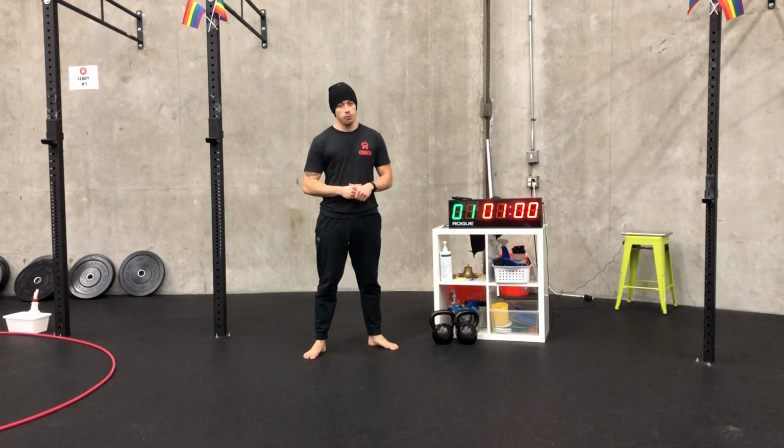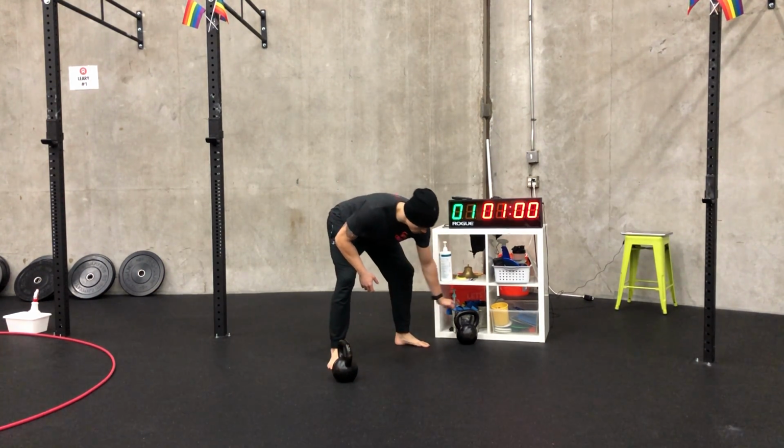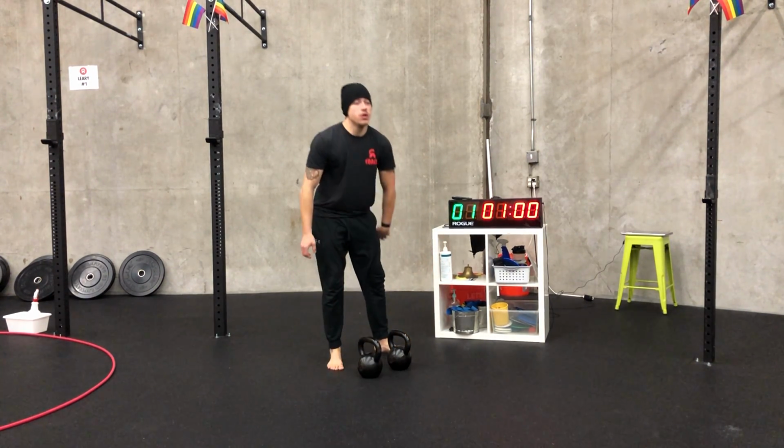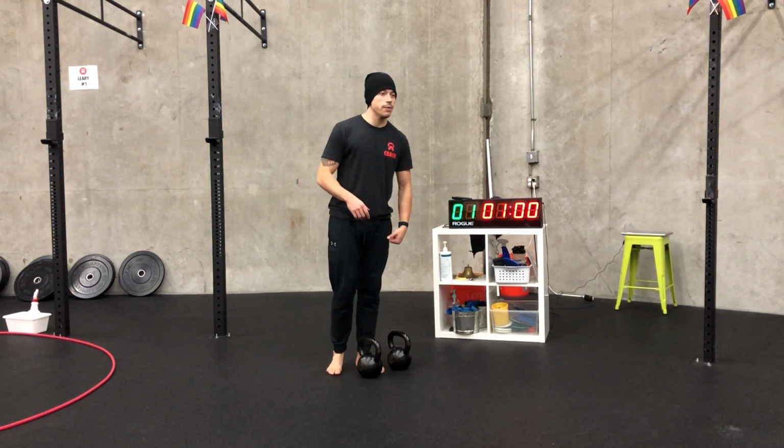Today's practice is double bells primarily focused. Of course, you can get through this with double dumbbells if you have, or even single kettlebells. So, after you spend a couple minutes stretching out, doing mobility work, getting your body loosened up, we're going into